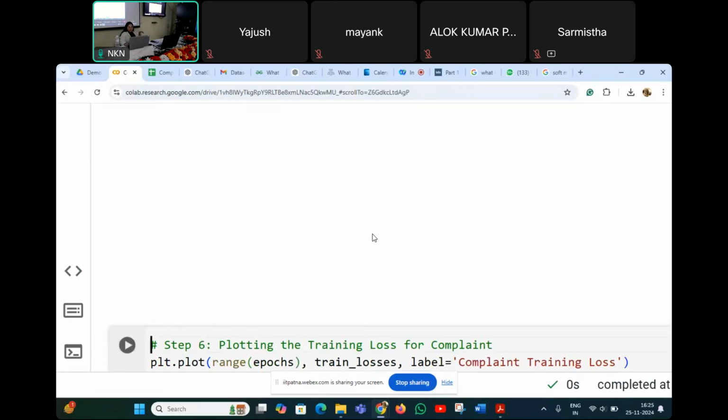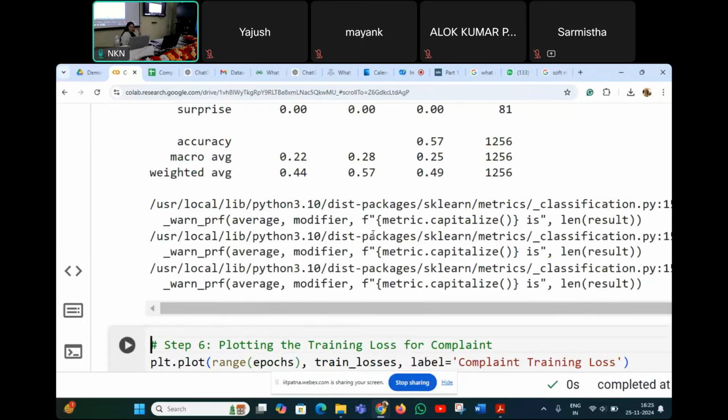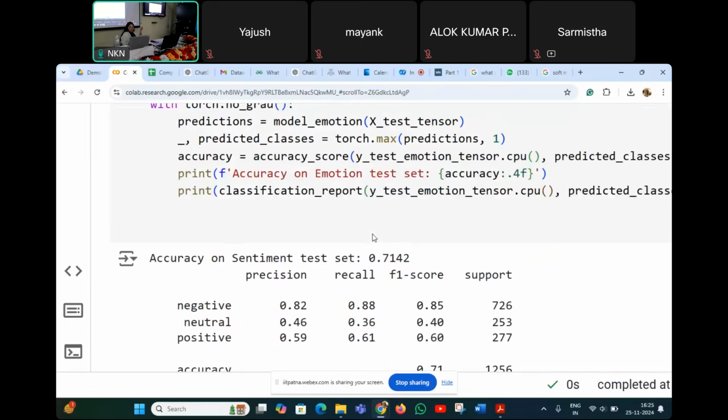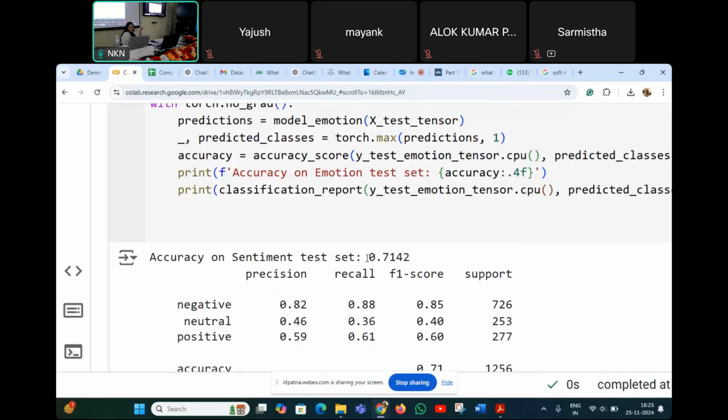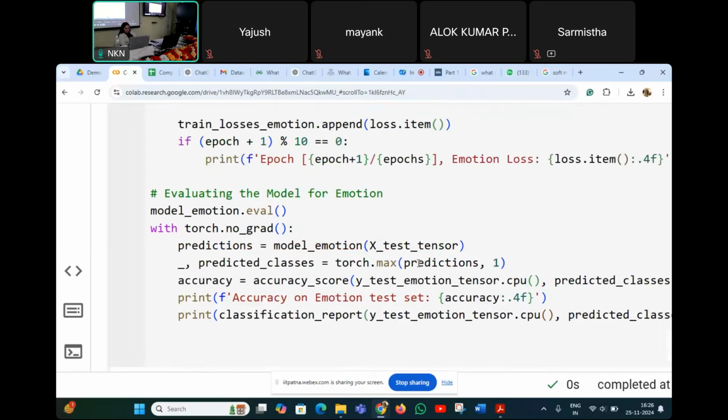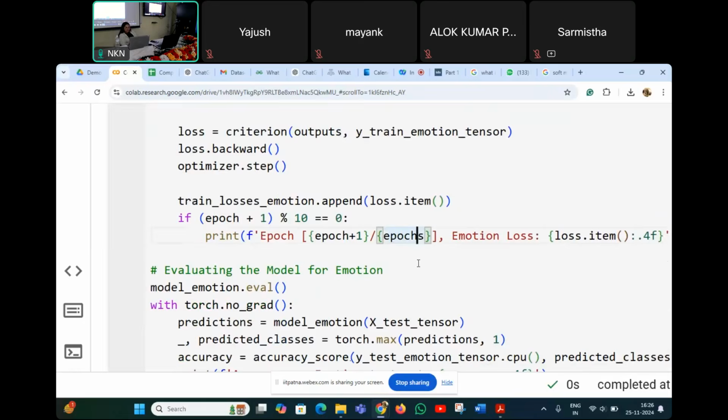अभी अगर तुम इसका एक्यूरेसी देखोगे, ये देखो, सेंटिमेंट का एक्यूरेसी 71, जबकि कंप्लेंट का था 93। सो इससे क्या पता चलता है कि तुम्हारा सैंपल्स और उसका क्लास जैसा जैसा डिस्ट्रीब्यूशन होगा, जितना नंबर ऑफ सैंपल्स तुम्हारे पास रहेंगे उतना अच्छा तुम्हारा मॉडल सीख पाएगा। ओके।